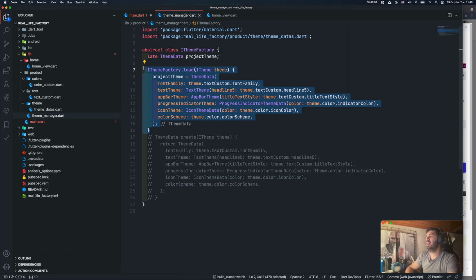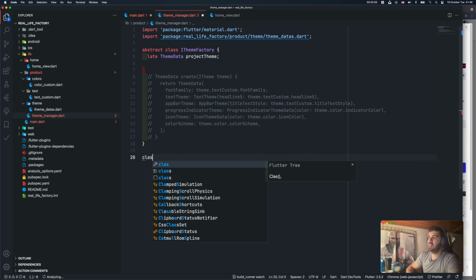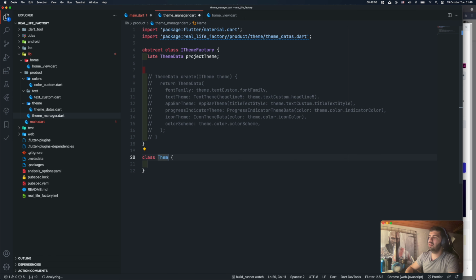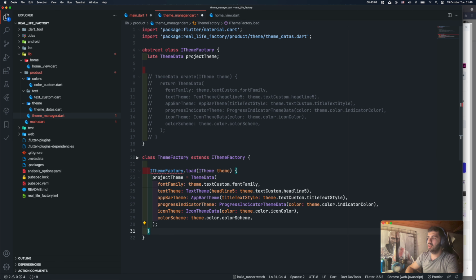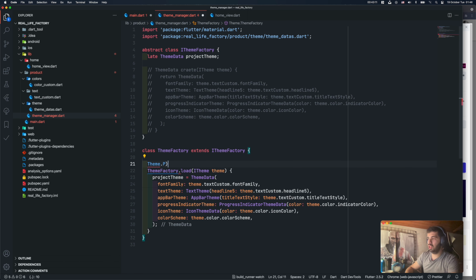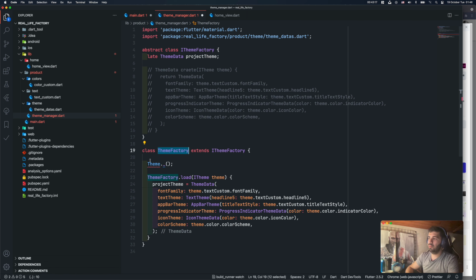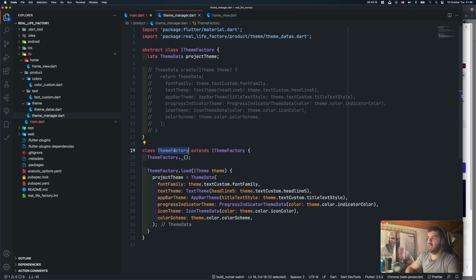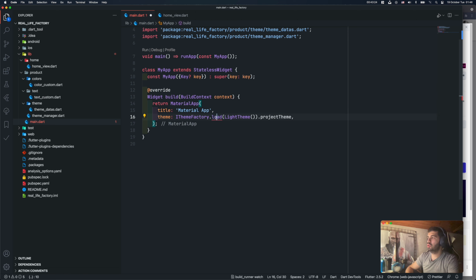This layer, and I'm going to create class ThemeFactory extends ItemFactory. Yep, of course, I add this code for this time, and you can close your initialize, no default initialize like this, T factory,